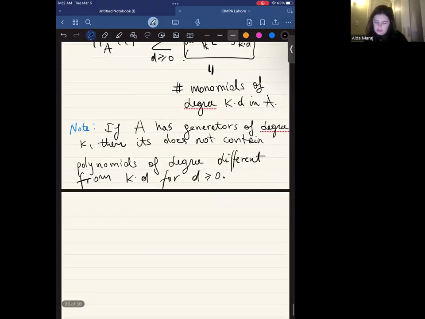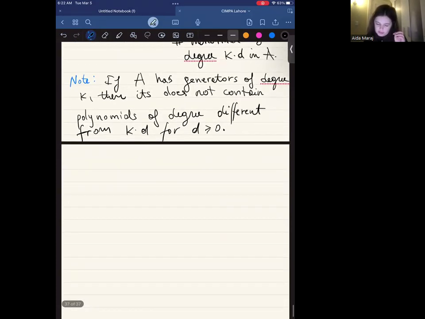And this aligns with the definition of an algebra. So for example,